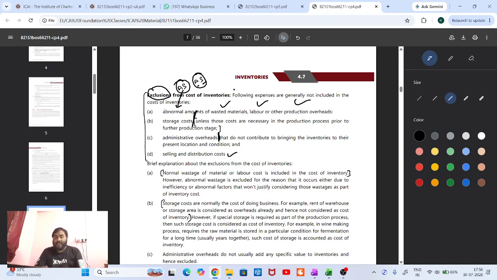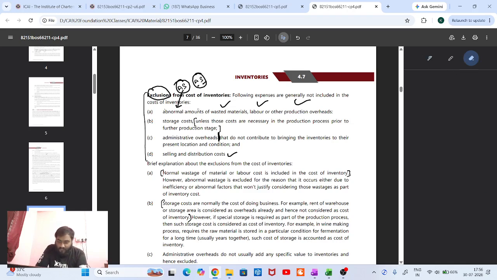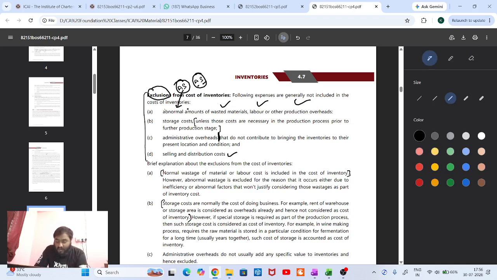What is the list? Abnormal waste, storage cost, and administrative, selling and distribution cost. But for storage cost and administrative cost, unless these costs are necessary in the production process prior to the further production stage,